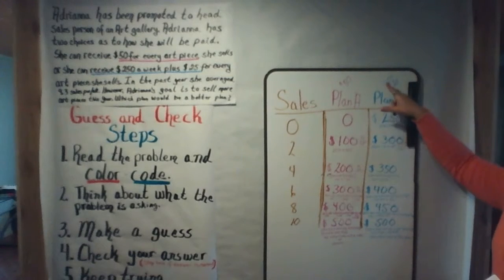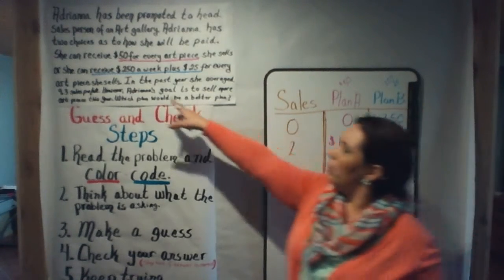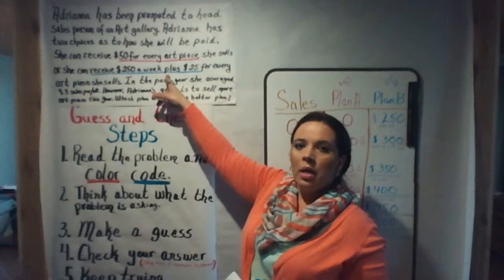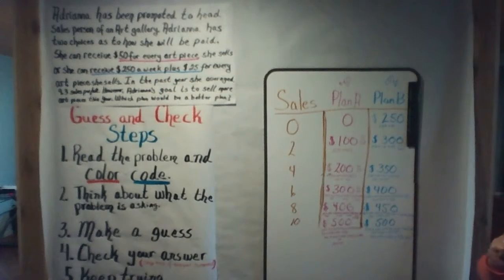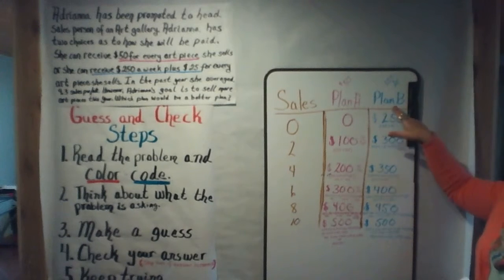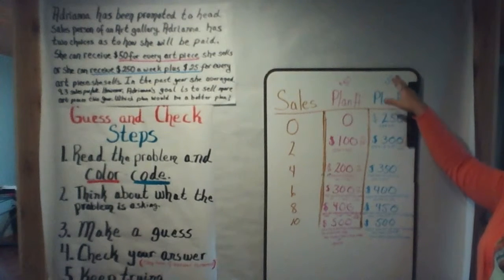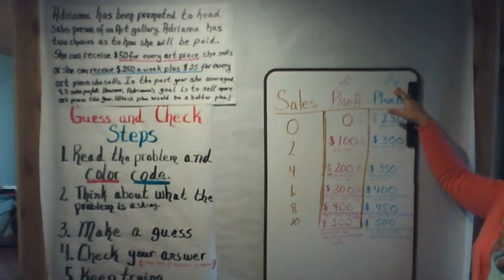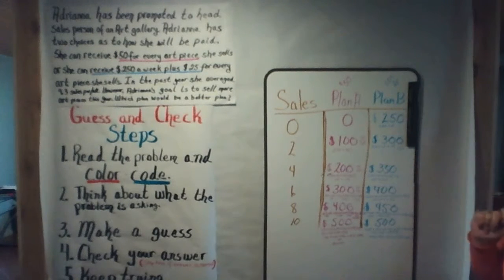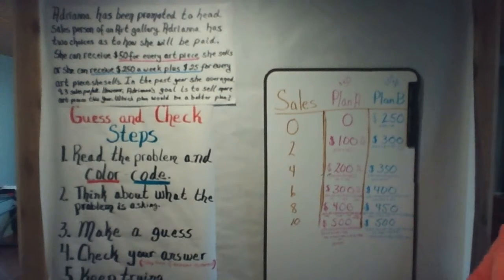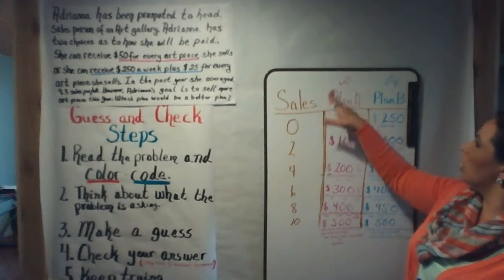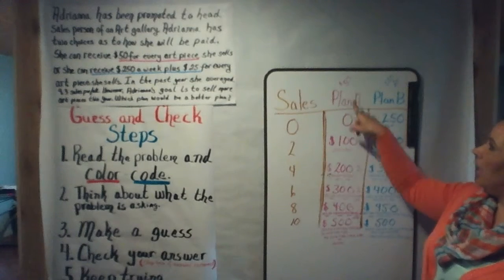Plan B is she gets $250 a week plus $25 for every art piece she sells. So plan B is $250 plus $25 additional dollars per art piece. Okay? So what we did was, if you look at your notes, now if Adriana on plan A, if Adriana